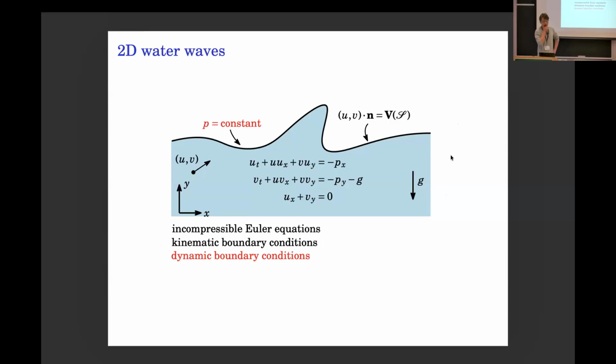So two types of boundary conditions are imposed. The one which is in black here is the so-called kinematic boundary condition, which basically says that particles on the surface will remain on the surface forever. And the other type of boundary condition, which is more exciting, which is where all these dynamic features are present, is the so-called dynamic boundary condition, which is essentially a force balance. So here we just use the pressure condition. Basically it says pressure is constant, atmospheric pressure here.